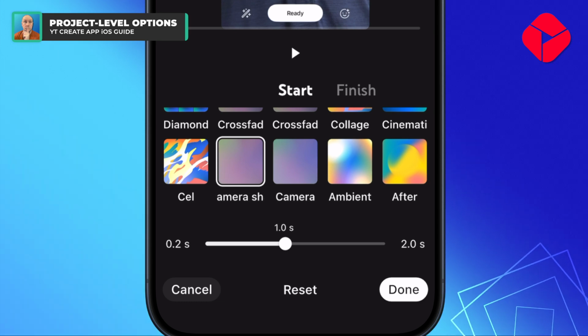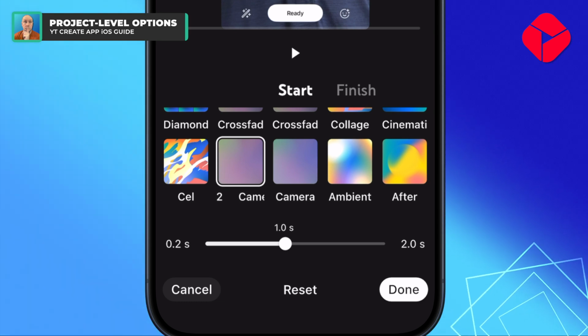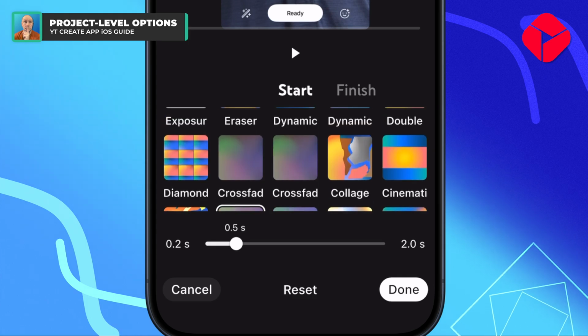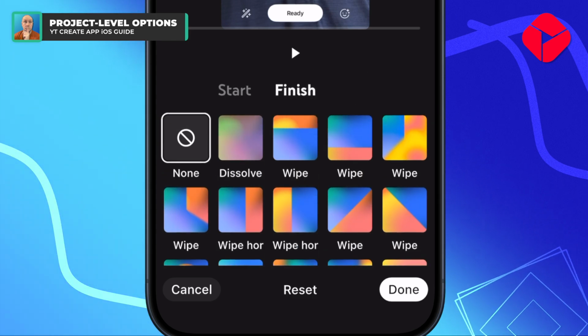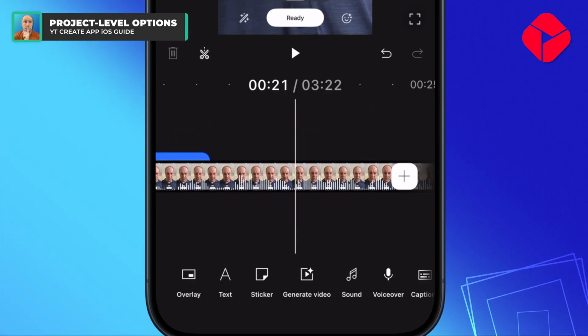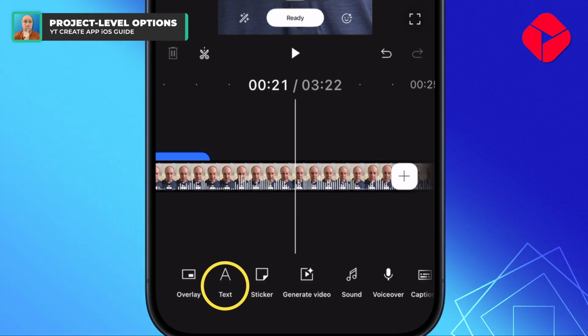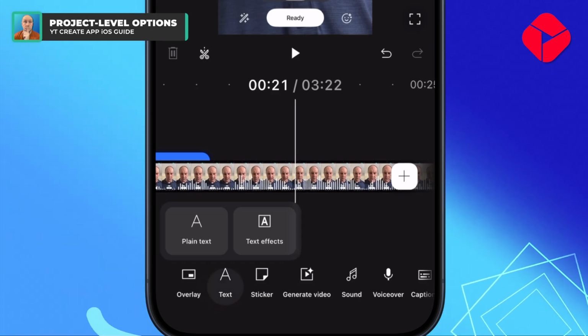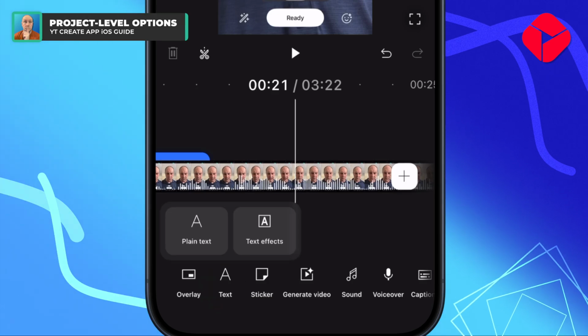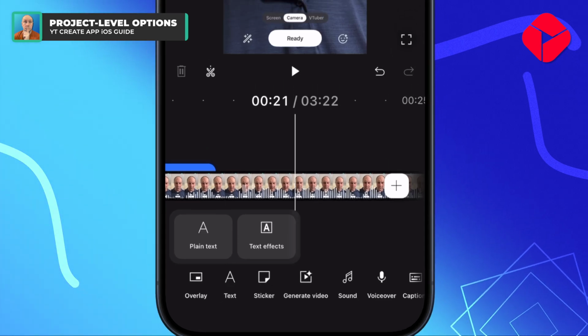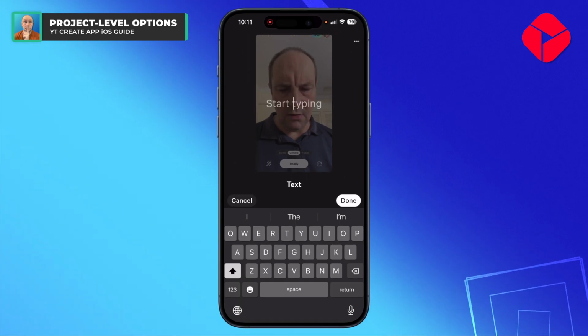It's going to default. Usually most things default around the 1 second mark. And maybe I want it to do something different on the way out. Now the other things that you can do, because we've just done overlay, we can add text, of course. We can do it with a plain text or a text effect. Plain text is just like,